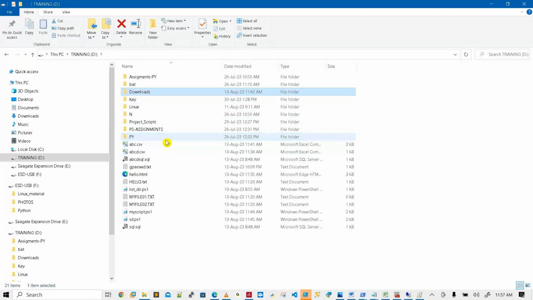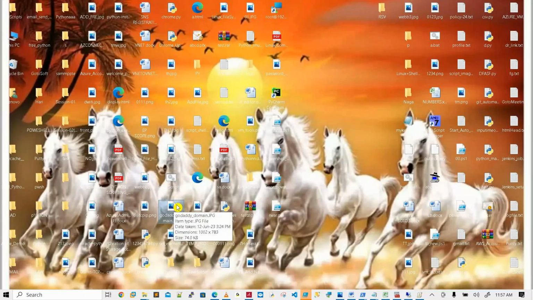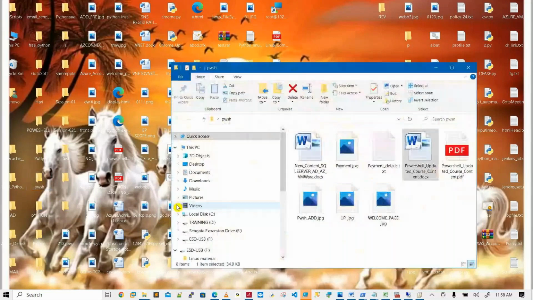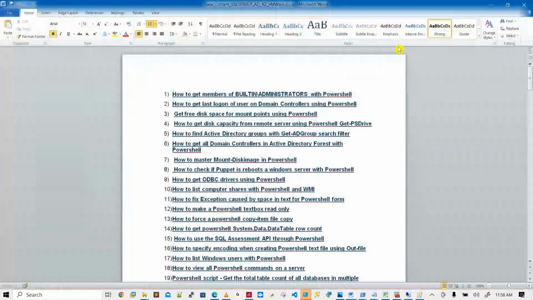Next is Active Directory. Anyone can attend. I am not saying you should not attend, but not all people belong to SQL Server, and not all belong to Azure cloud. So that's why there is special content, with the script names, I mean program names. Complete SQL DBA level scripts we added here, including backup.